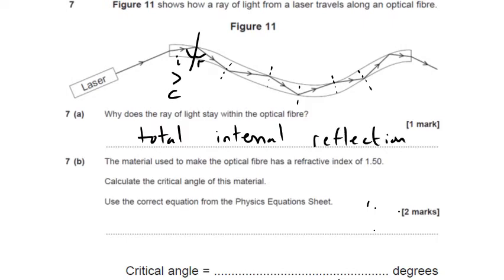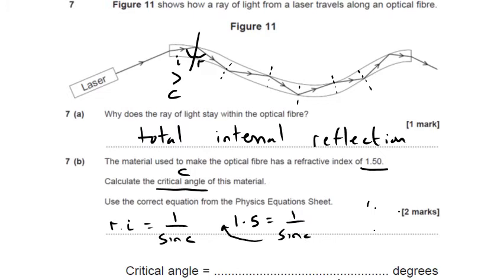For 7b, it tells us the refractive index of the fibre, and it asks us to calculate the critical angle, which is given the symbol C. The formula we are going to use is that the refractive index is equal to 1 over the sine of the critical angle. So we know that 1.5 equals 1 over sine of the critical angle. If we rearrange, multiply each side by sine and divide each side by 1.5, we get that